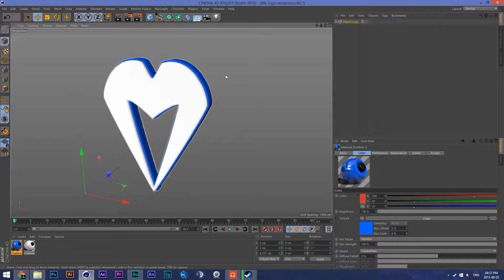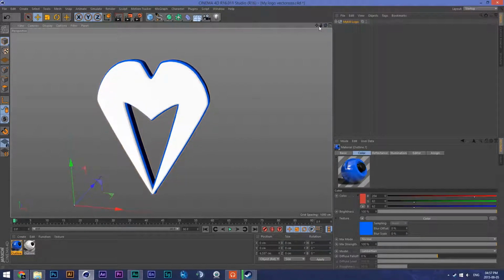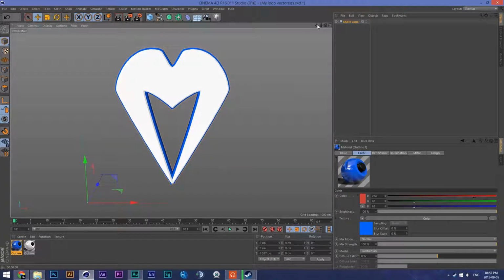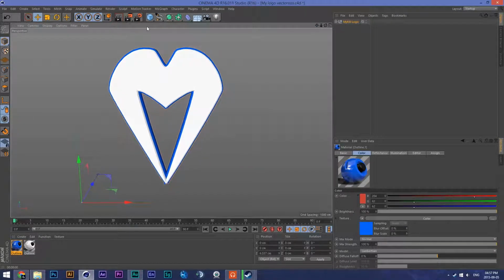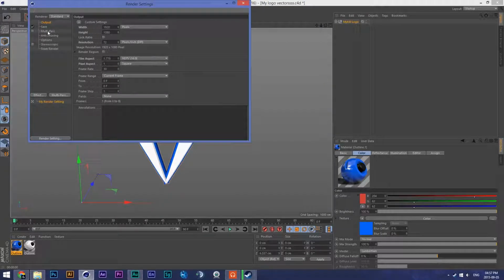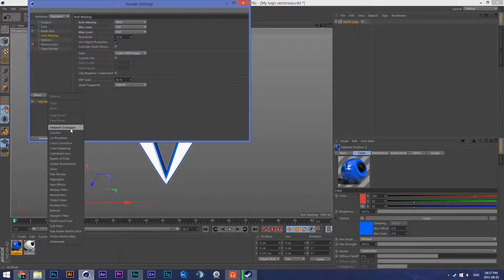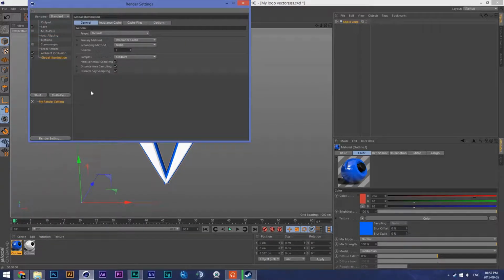So yeah, and then to make the effect look really nice. This is very dull right now. As you can see, it looks really bad. To make it look really nice, let me just check these. I'm going to go to anti-aliasing. I'll make this best. 2 times 2 and 4 is fine, and then I will add ambient occlusion and global